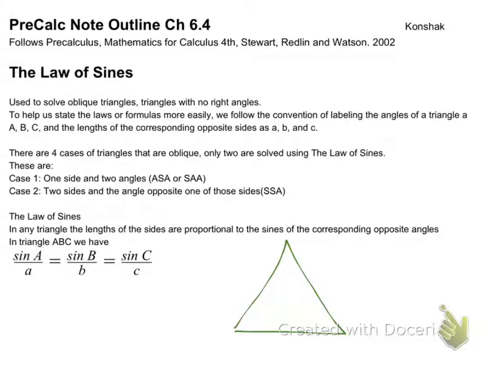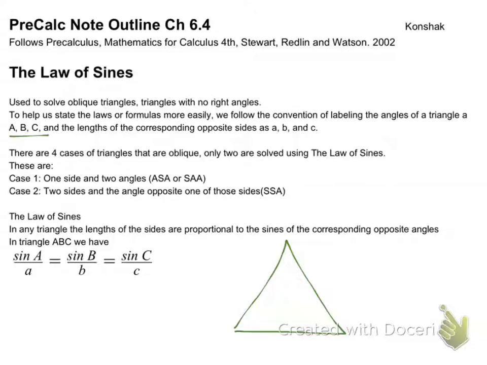But I just need something to put angles and sides on so that I can do the math. I don't need it to be perfect to the exact specifications of my angles. And so what they're saying here right underneath the word law of sines is that to help with the formulas, to make things easier, I am going to use